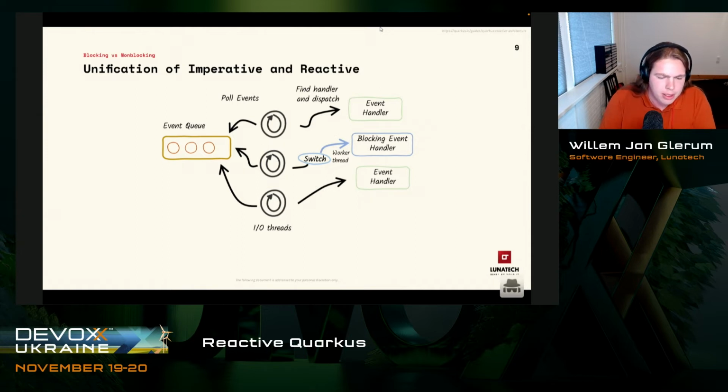Now you're probably wondering how we would integrate all those concepts together. So how could I write some blocking code and some non-blocking code together? That can be done with some context switches. So in the middle, you have some IO threads doing some work and dispatching that to some event handlers. Maybe they need to do something else, and they